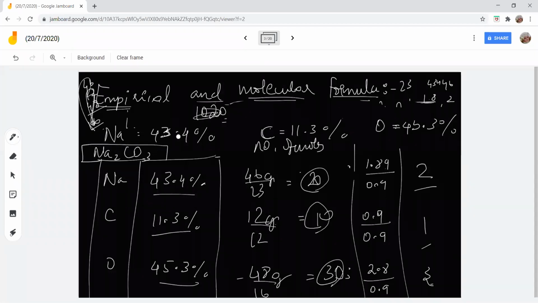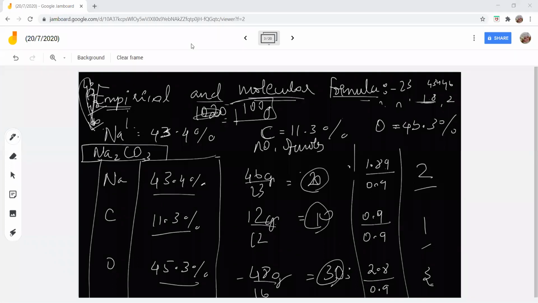So when you don't know the molar mass, what we do is take it as 100 grams of mass, find the mass of sodium, carbon and oxygen in it, and finally find the ratio of the number of moles, the simplest ratio. Ratio will always be the same whatever the mass you take. You understand what I am trying to say? Do you all understand, students?